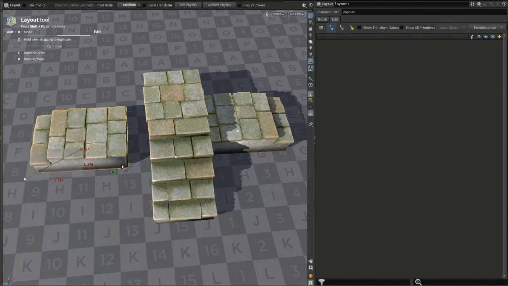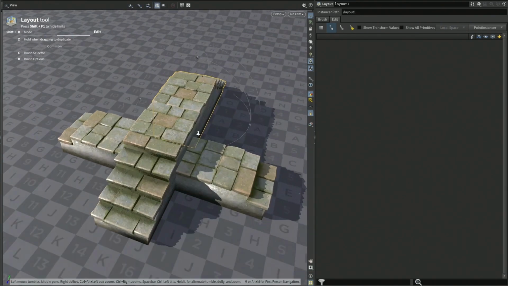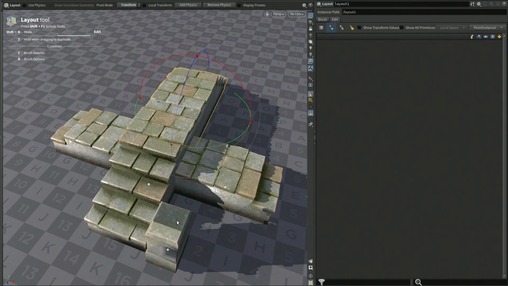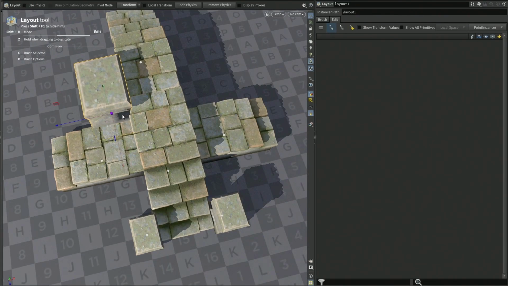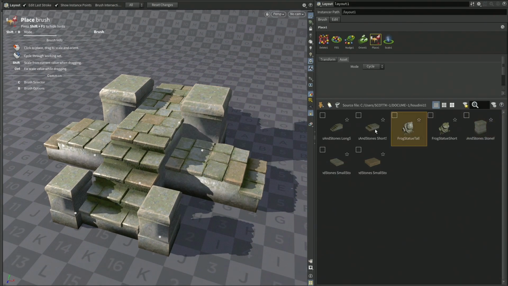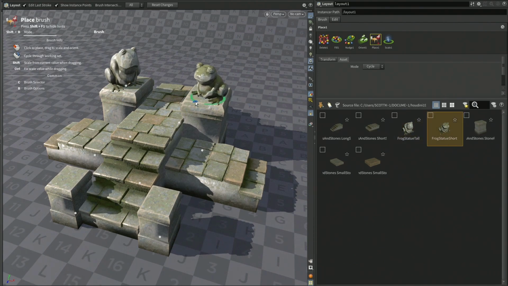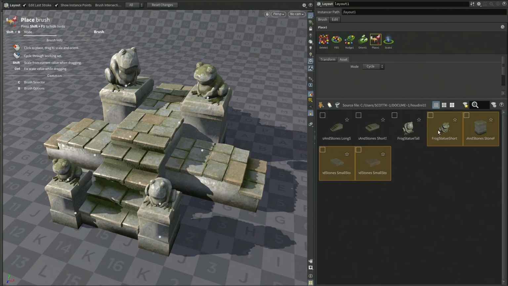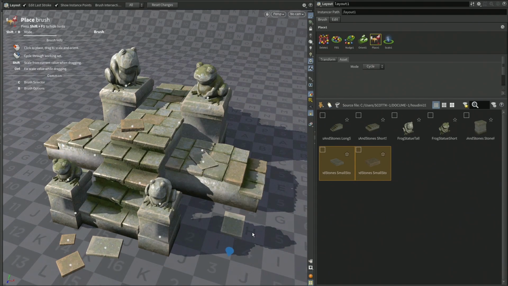This is very useful for architecture or any sort of layout task that you might need. It's very easy to duplicate and switch states while working with the layout operator.